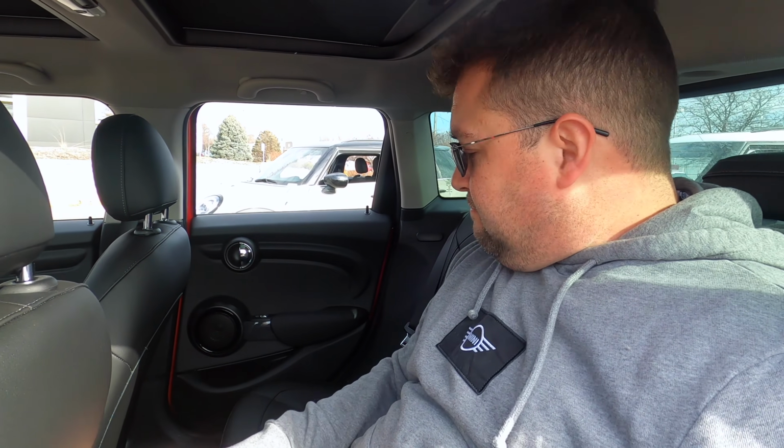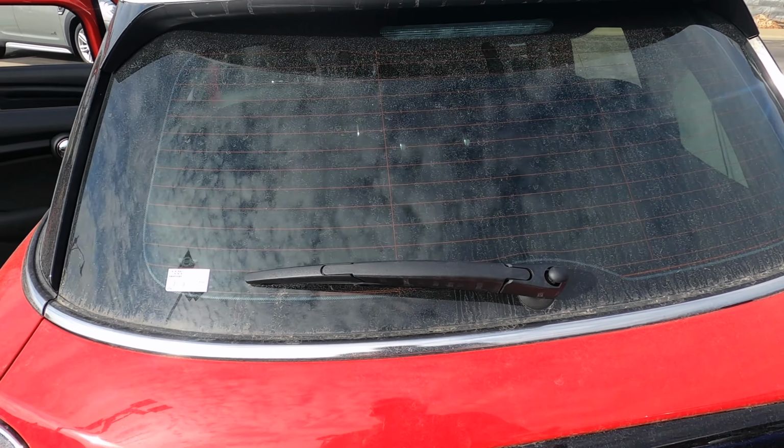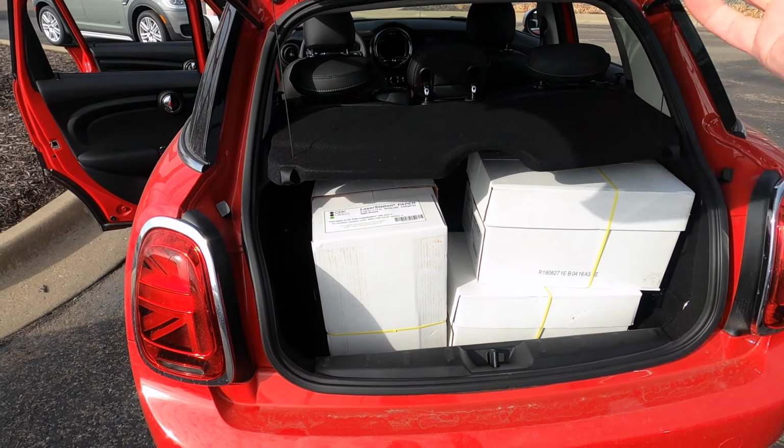It's not bad. I can get in here fairly well. That being said, this isn't really designed to be a long cruising 4-door. It is more designed to be a use the back seats when you need them kind of car. But it's not bad. Now, because this is a longer vehicle, it also has